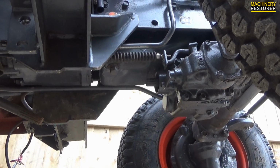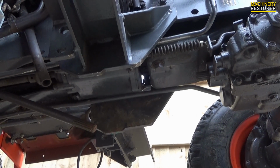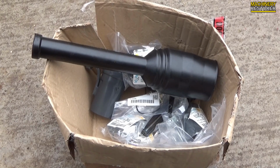You may be wondering why I've just driven the tractor up on these ramps. Well, basically you can see into the four-wheel drive box there. There is no shaft or anything. This is because the previous owner disconnected it. I don't know why, but this is my brand new